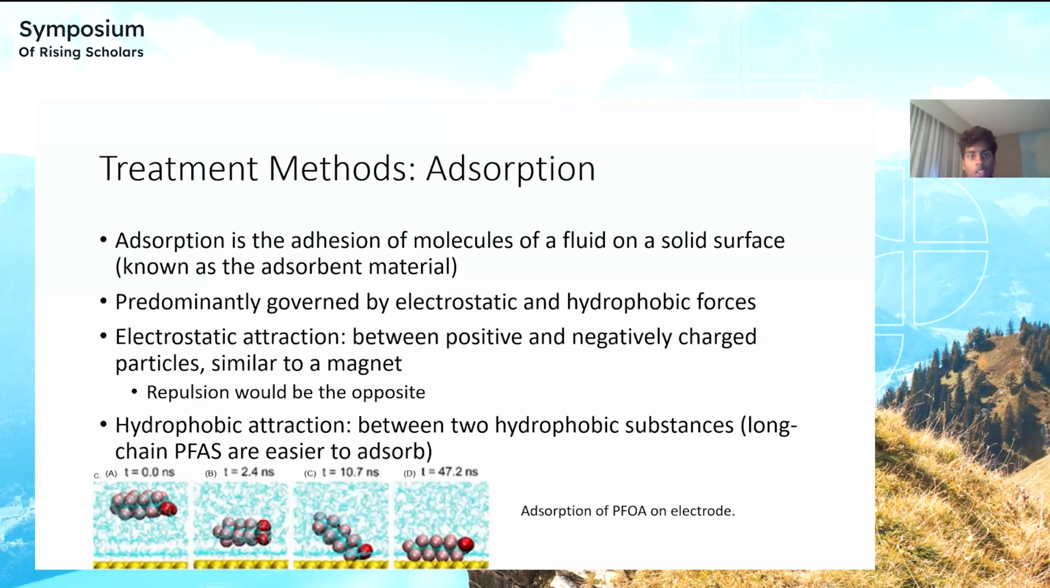Speaking of removal systems, the first method that I looked into was adsorption. It's not to be confused with absorption. Adsorption with the D is the adhesion of molecules of fluid onto a solid substance surface. These are predominantly governed by electrostatic and hydrophobic forces. Electrostatic interactions, think of it as interactions between positively and negatively charged particles, almost like a magnet. And the repulsion would be the opposite. So if you had 2 positively charged particles, they would repel each other. Hydrophobic attraction is between 2 hydrophobic substances. And this is one of the reasons why long chain PFAS are easier to adsorb, because they have those interactions